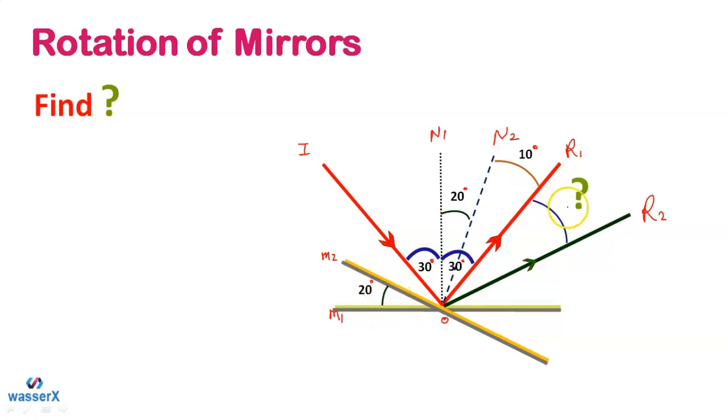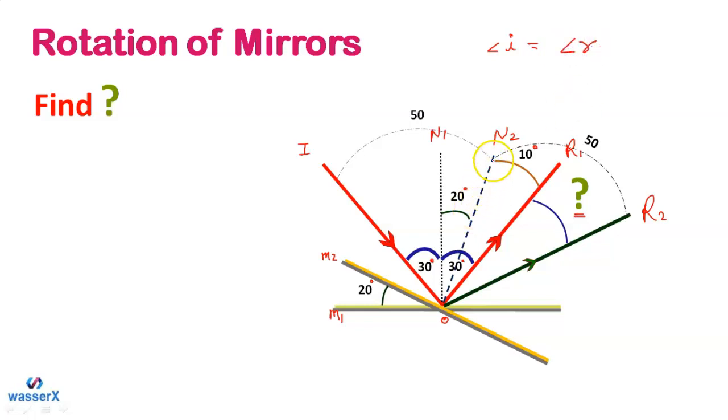Okay, so students, here our question is basically how we can find this out. So that's the point. Let me tell you one very important thing. See, N2 is the normal, right? For this case, N2 is the normal. We all know that angle of incidence is equal to angle of reflection. That's what we call the law of reflection, right? So by following the law of reflection, as you know, angle i is equal to angle r.